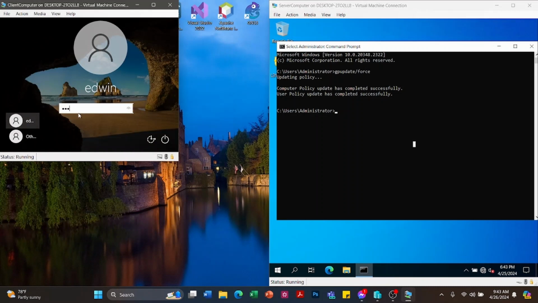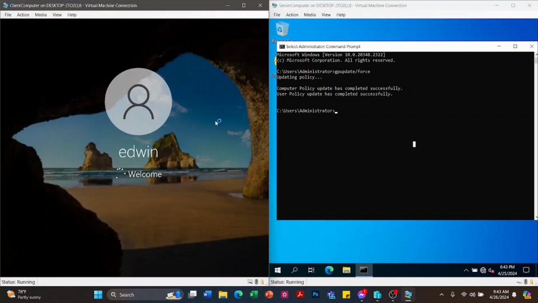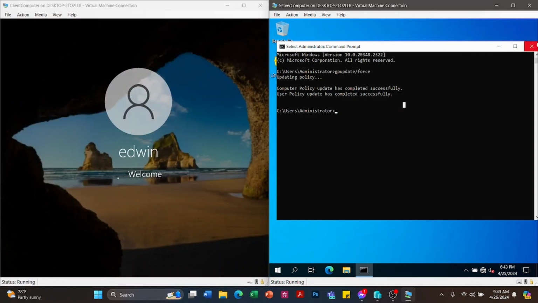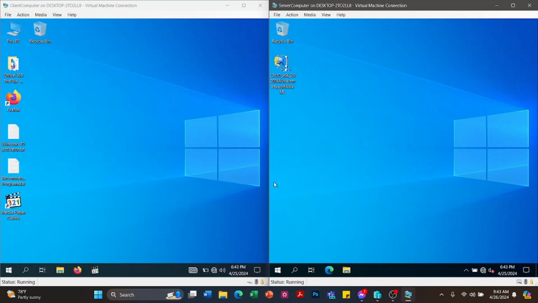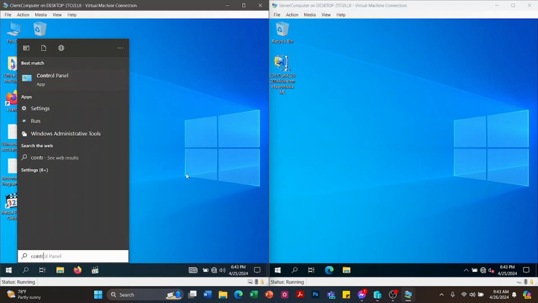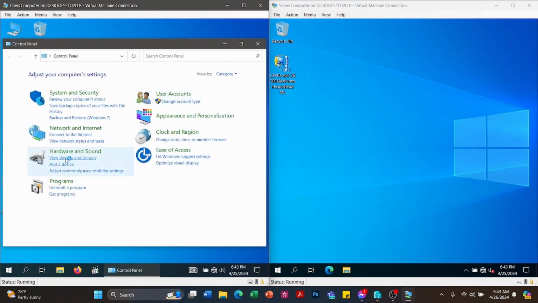Okay, so let's log in as the admin user. Okay, let's open the control panel for us to verify if the Epson L3110 is already added to the list of printers.